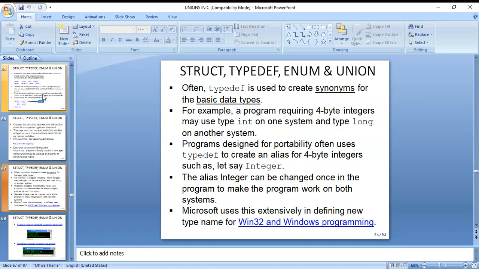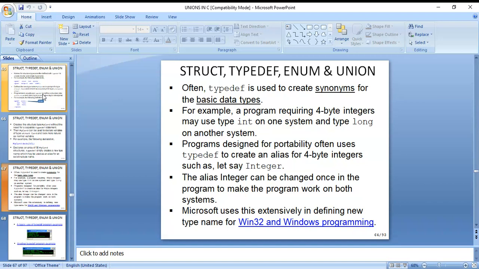For example, a program requiring 4-byte integers may use type int on one system and type long on another system.